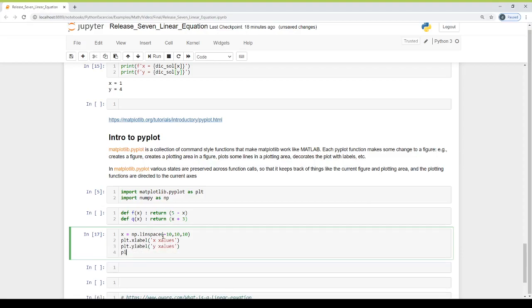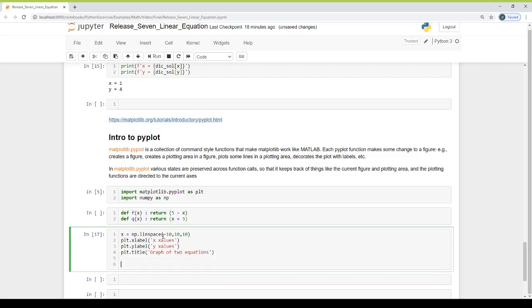Title of the graph, graph of two equations. And draw a grid in the plot.